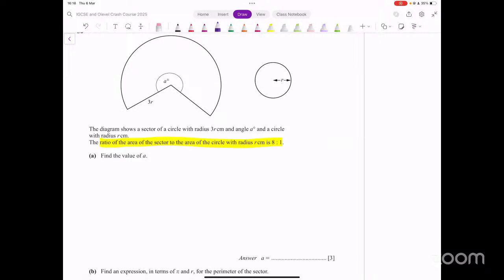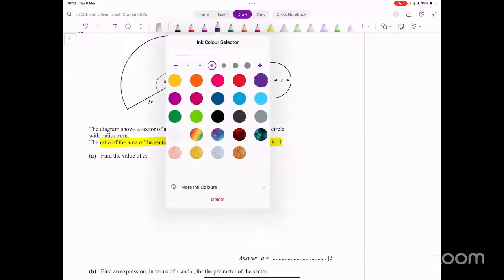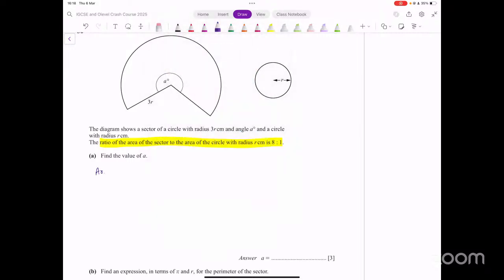Let's find the area of the sector first. What would that be? Area of sector is theta over 360. That's A over 360 times pi r squared. Pi into 3r whole squared. Okay. Let's simplify this. Remember, it's the non-calculator paper. You cannot use your calculator. This gives you